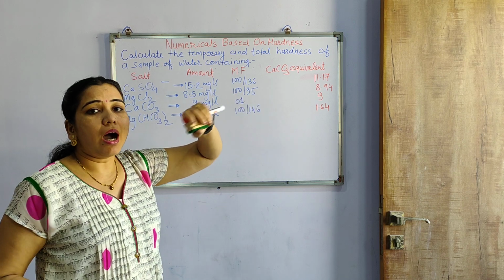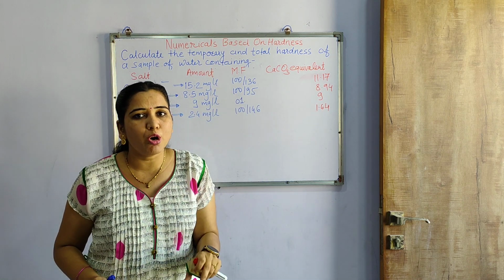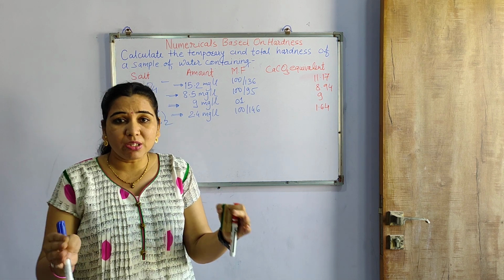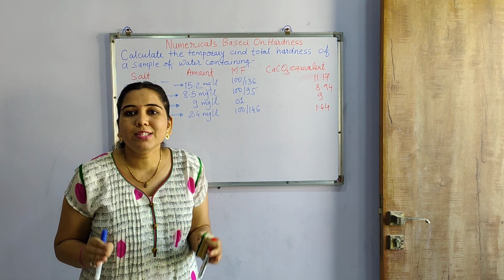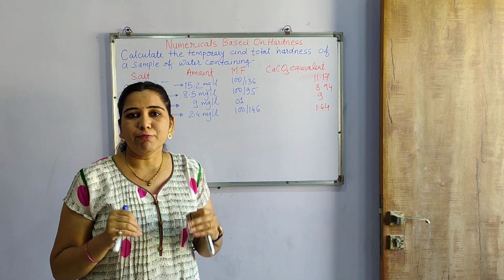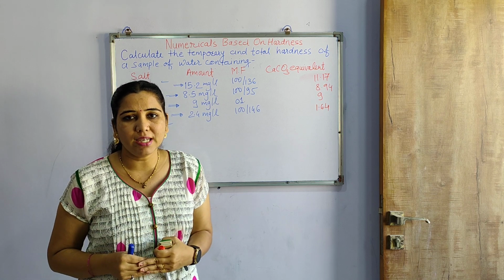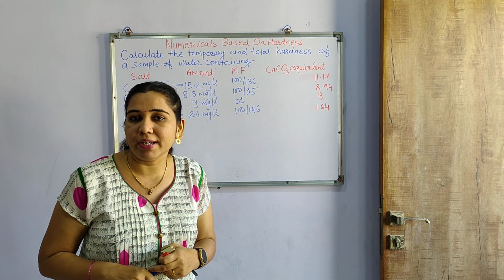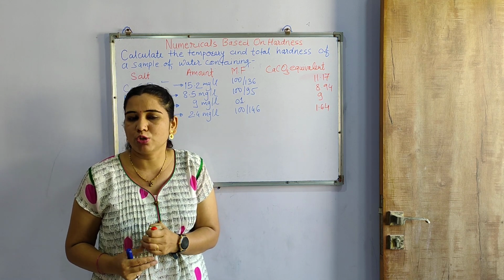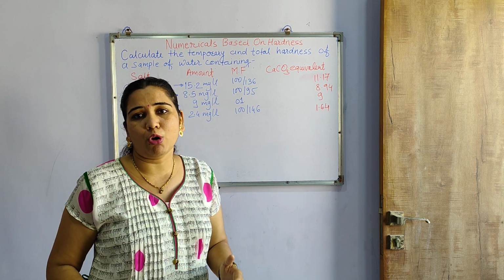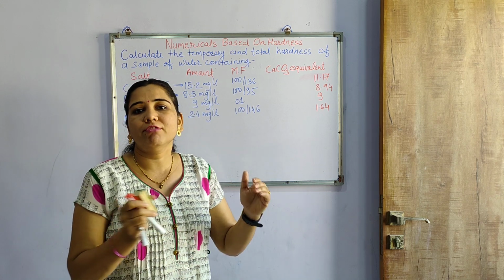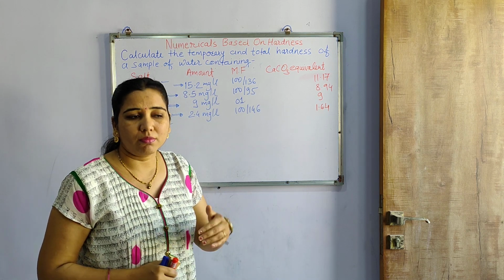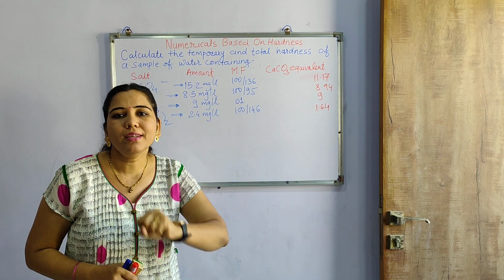Here generally the hardness is studied in terms of CaCO3 equivalent. Now you know that CaCO3 equivalent, why do we particularly calculate CaCO3 equivalent? Because CaCO3 is considered as a reference salt. It is found generally mostly in the water as a hardness causing salt, as well as for ease of our calculation, as its molecular weight is 100, we will consider CaCO3 as a reference salt. So all the salts which are given in your water sample in your numerical are to be converted first of all into CaCO3 equivalent, and then we have to add them to total the hardness.